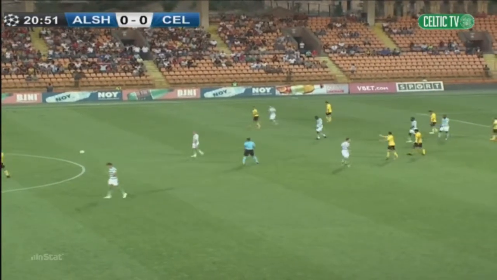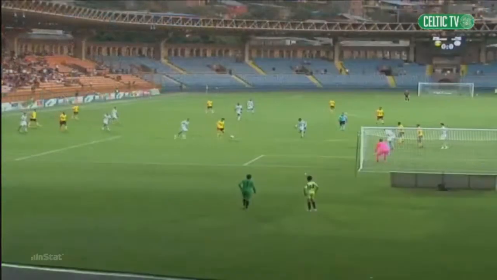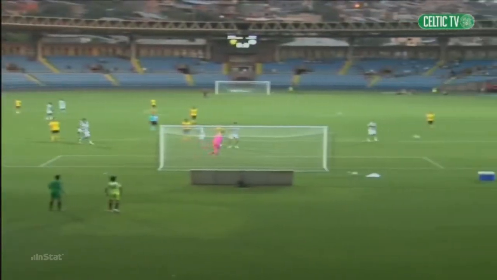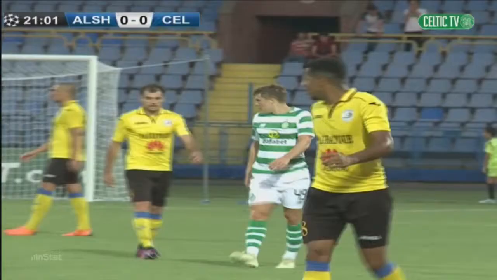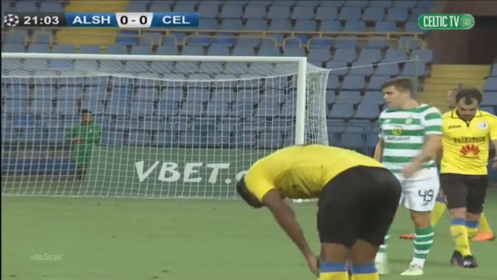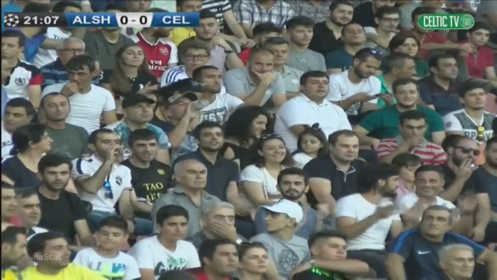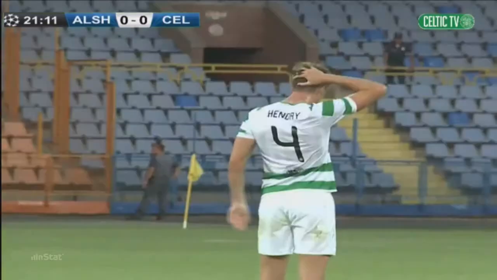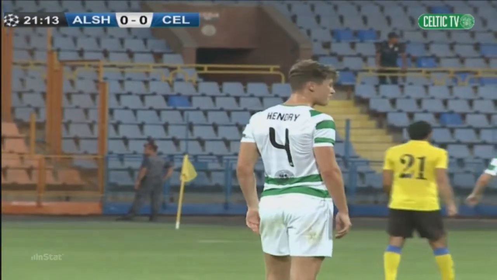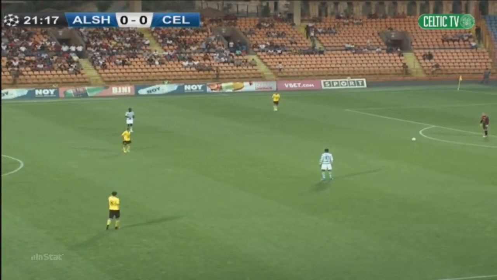Didn't look too much into that in that one, but the referee deems that to be a foul. It was a good ball in there from James Forrest. Tony, just unfortunate. Celtic didn't have anyone on the end of it, and Alashkert managed to avert the danger. It was a good response from Celtic, given that scare a wee minute ago. Good to see Callum McGregor driving at the defence there. He's full of confidence, and rightly so. Already scored in pre-season. He's looked good, and unfortunately he wasn't able to find a teammate that could direct that